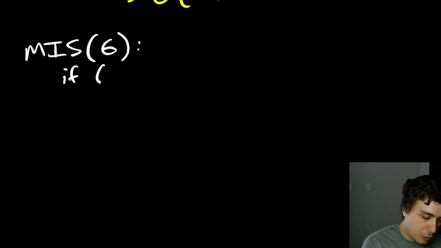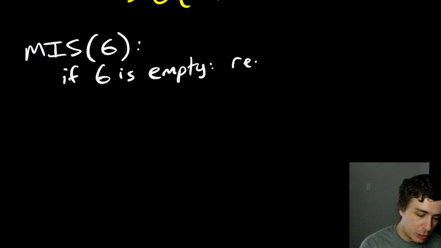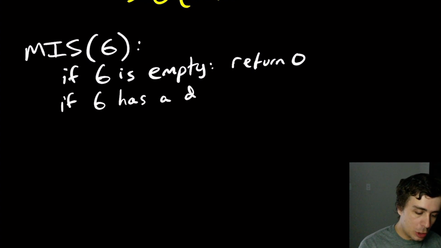So if it doesn't have any vertices at all, then we might as well return 0 because if there are no vertices, there's nothing I can pick. So if G is empty, we'll return 0. If G has a degree 0 or 1 vertex,